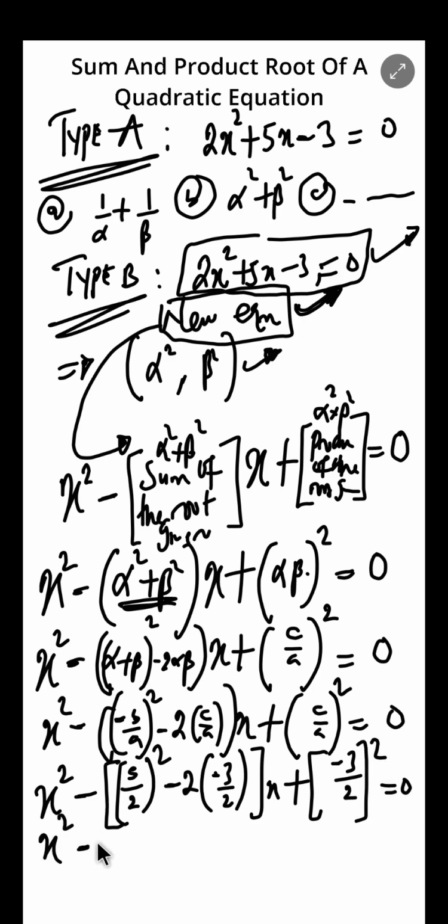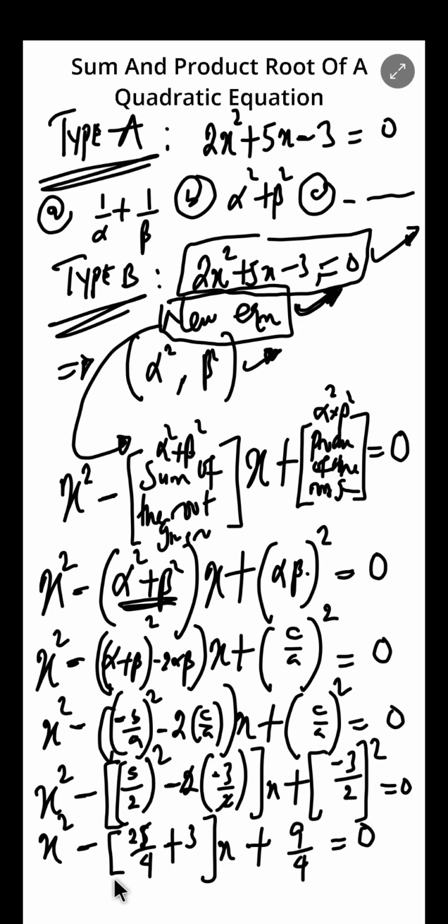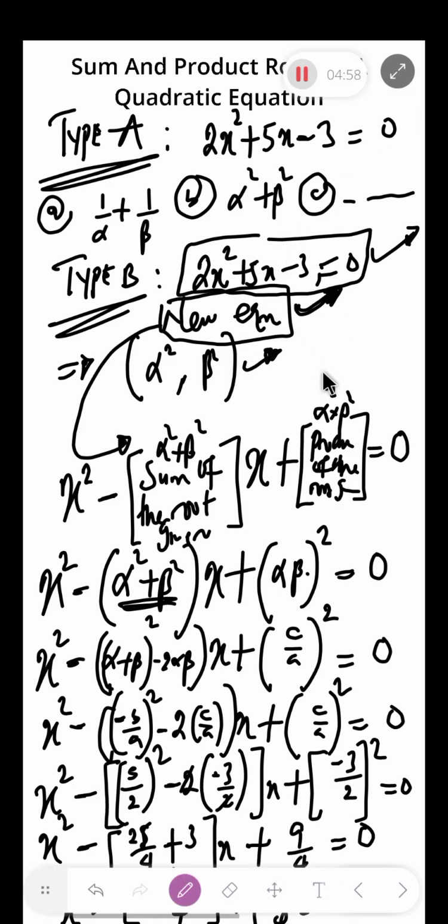So you should be able to simplify this from here. 5 squared is 25 over 4 plus, 2 cancels 2. That means minus 3 times minus 3 is plus 3. Then of x, then minus 3 over 2 squared means you have minus 3 over 2 times minus 3 over 2. That's 9 over 4 equals 0. So whatever I have left now should be in this form. The LCM here is 4. 25 plus 4 times 3 is 12. You have 25 plus 12 times x plus 9 over 4 equals 0. So if I try to clean this off,